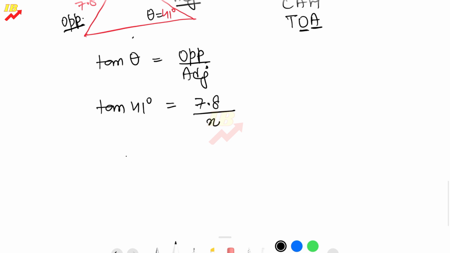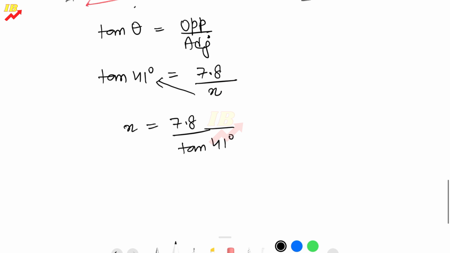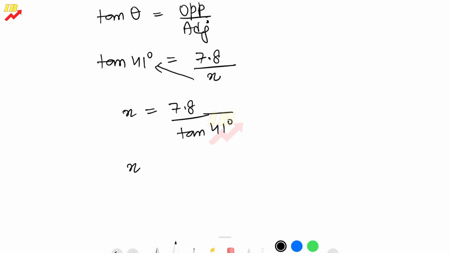Now we can do the normal calculation, you can cross multiply it. So x comes out to be 7.8 divided by tan 41 degrees. If you plug it in your calculator, that will give you a certain answer, but that will be an approximation. So you are always supposed to mark your answers with this sign. This is actually the sign of approximation. And if you plug it in your calculator, that will give you some value as